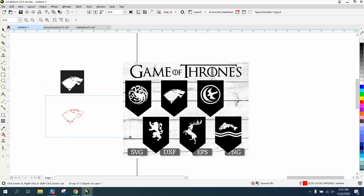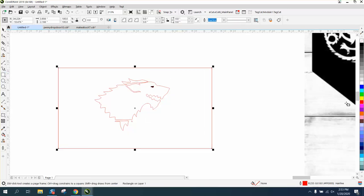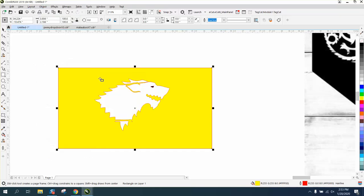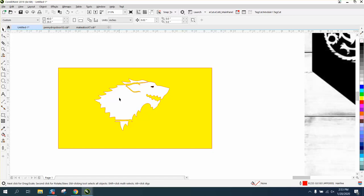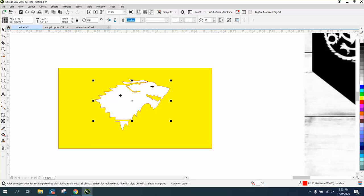We're going to bring in a yellow box. I call it the yellow box trick. To make sure there's no white there, we're going to go to Object, Order, Back a Page, and you can see the white. We're going to go to Object, Group, and Ungroup. We're going to get rid of the white